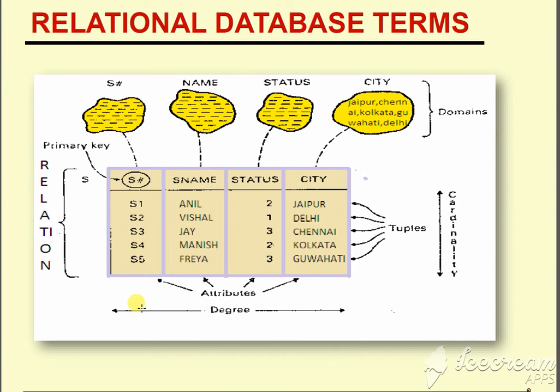When you combine the attributes, how many degrees are there? See here, 1, 2, 3, 4. So here the degree is 4. And those things are known as domain. Again I am repeating: first you will have the names, S number, name, status, city, they are the domain. Now primary key, this particular one is a primary key. Clear? That means all the data should be unique. Now when you are entering the records,